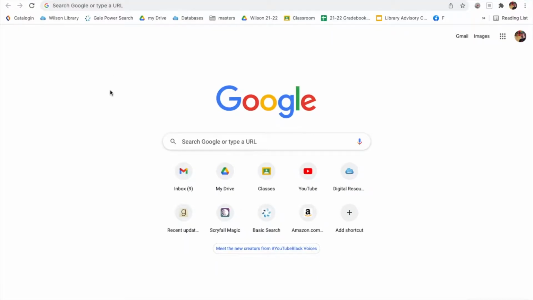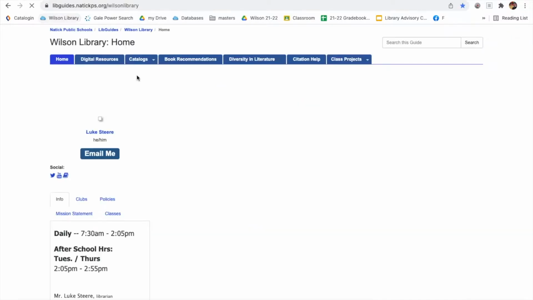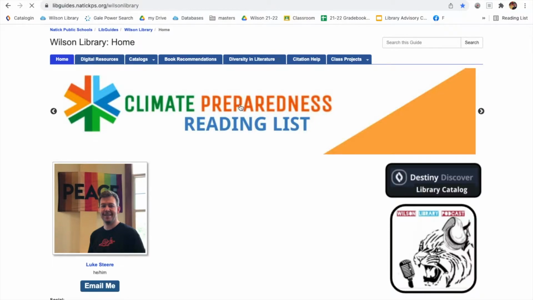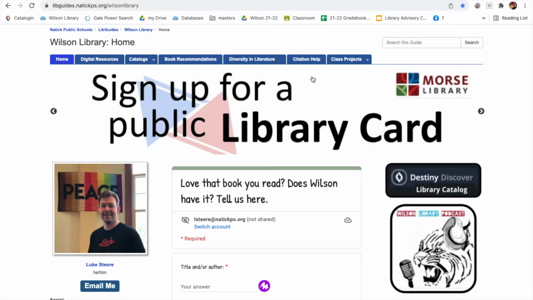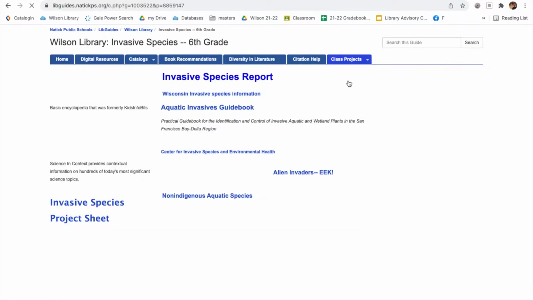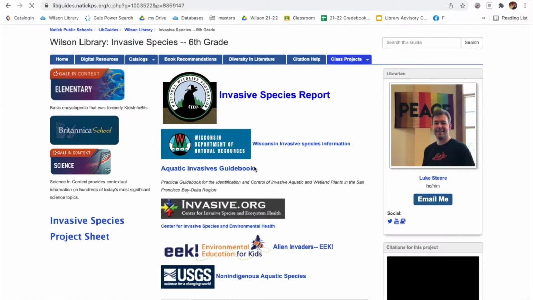This is a quick run through of how to do a citation page for your invasive species project that you're working on in science. So I have the Wilson Library website bookmarked here. This has all the resources that I need in a one-stop shop. You're probably already familiar with this invasive species page, which has all the information in the center that your science teachers have put together, various websites from state departments of natural resource and things, and then also our databases along